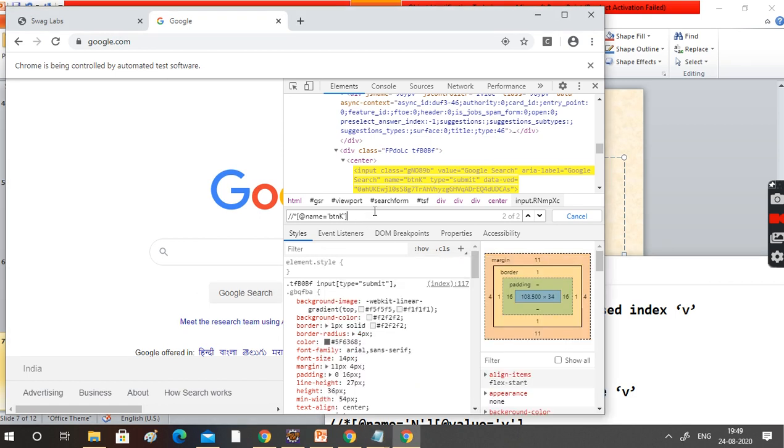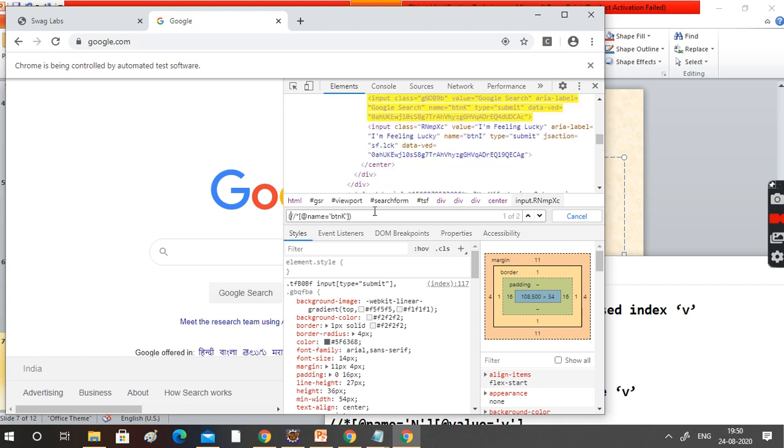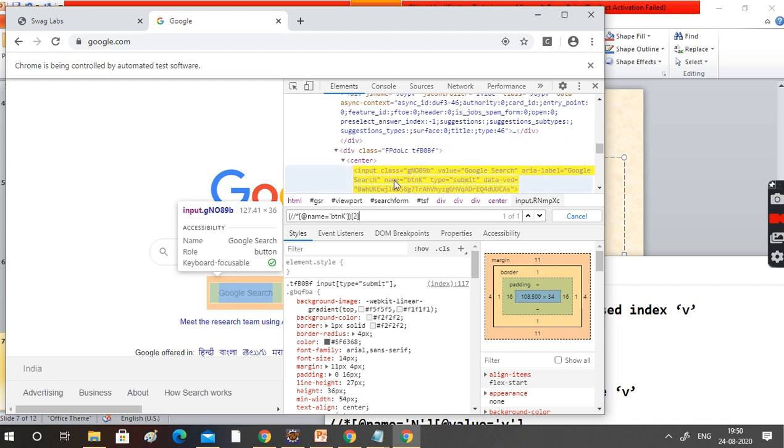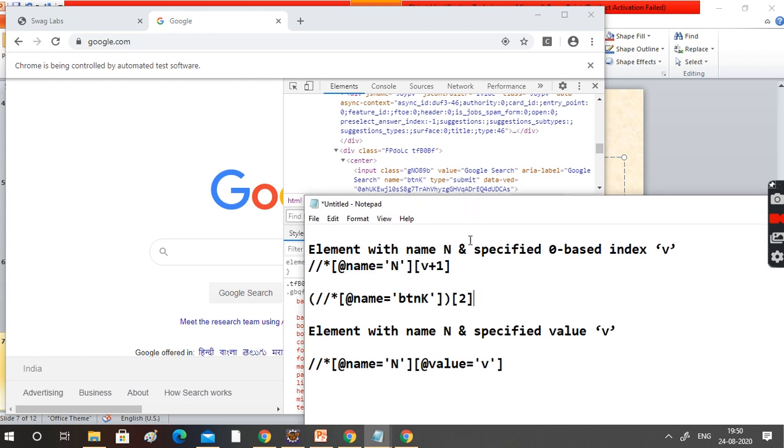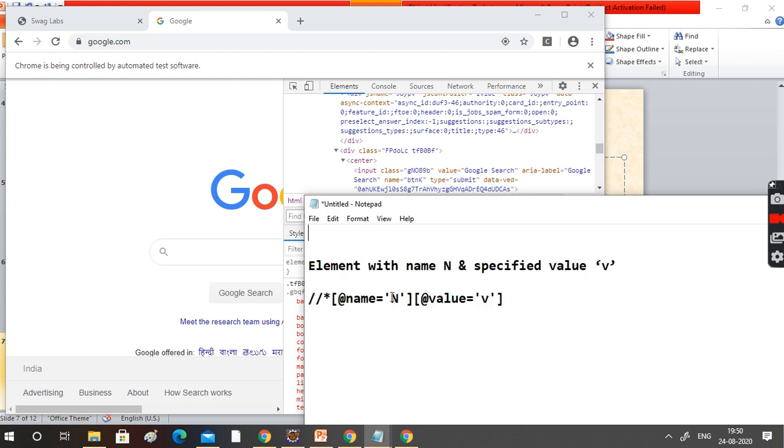How can we get it? Simple, just put the index. See, here you go. Okay, in this way we can identify this particular element. Hopefully you got this one.